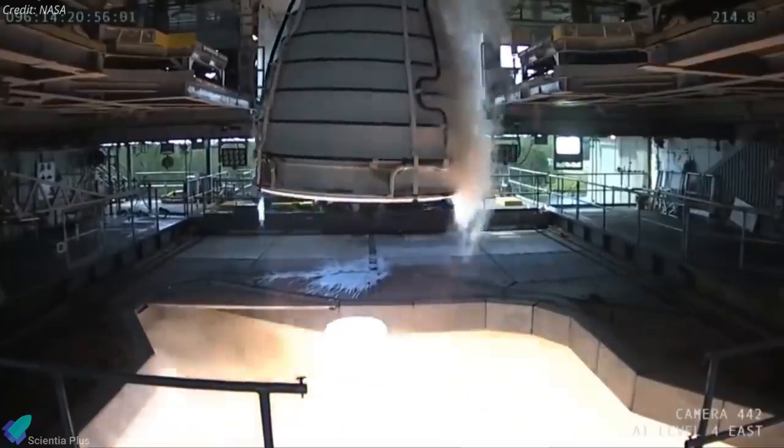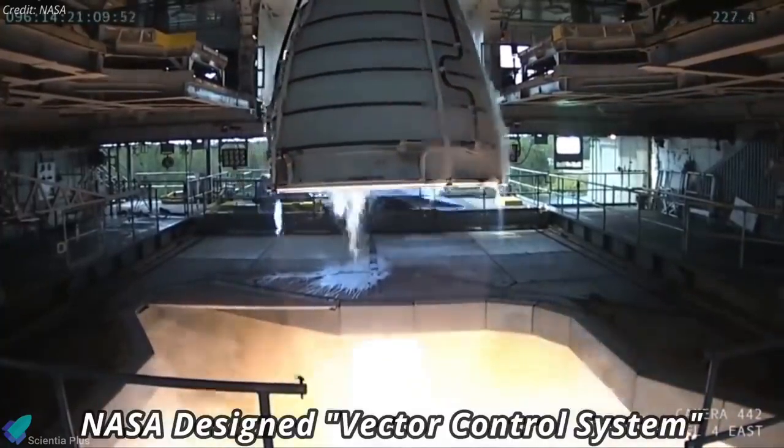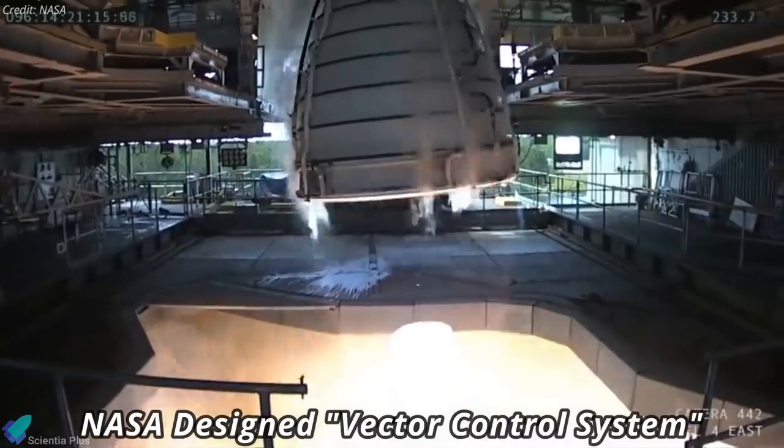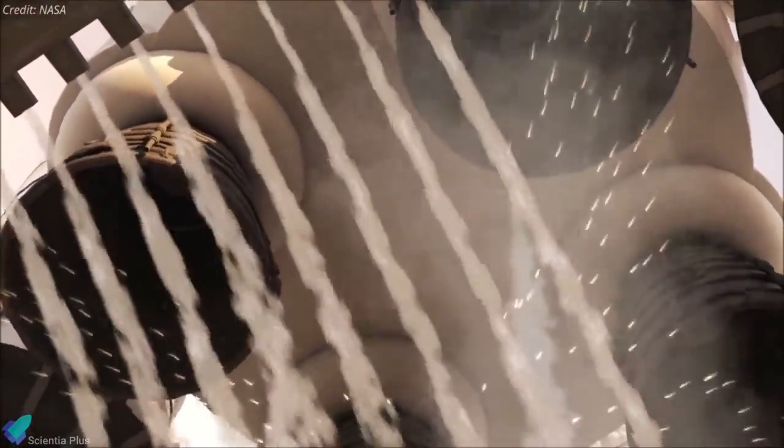During the test on Tuesday, operators gimbaled the RS-25 engine using a new NASA-designed vector control system for the first time since it was installed. The RS-25 engines for the first 4 SLS flights are upgraded Space Shuttle main engines, and they have completed certification